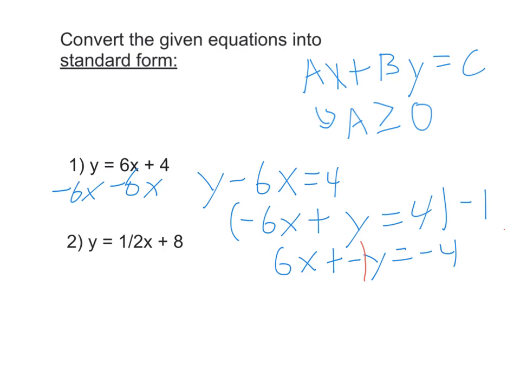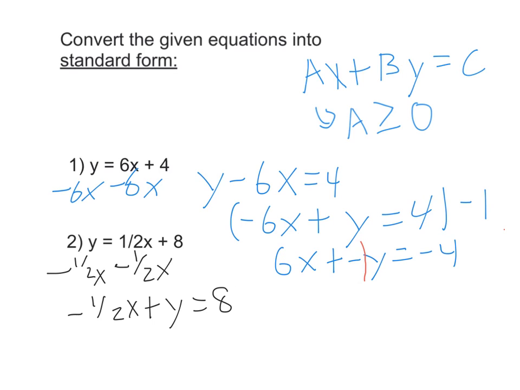So y equals half x plus 8. So we're going to subtract half x from both sides. And that'll give us, I'll just rearrange it right away, negative half x plus y equals 8. Alright, so now we have a couple problems here. We have a negative